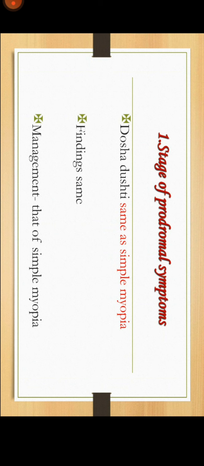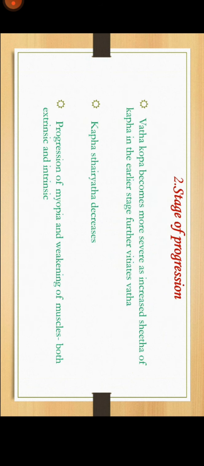First stage is the stage of prodromal symptoms. That means only dimness of vision is there. Here the dosha dushti and findings are the same as in simple myopia, and the management is the same as that of simple myopia in the first stage of degenerative myopia. Then the next stage of the degeneration is the stage of progression. What happens? Vata Kopa becomes more severe, and as